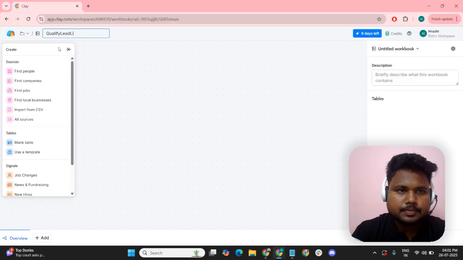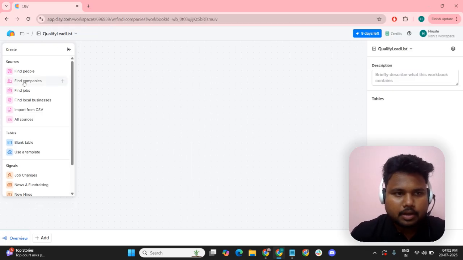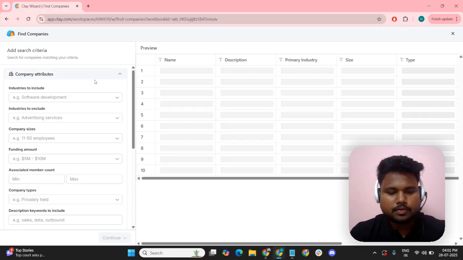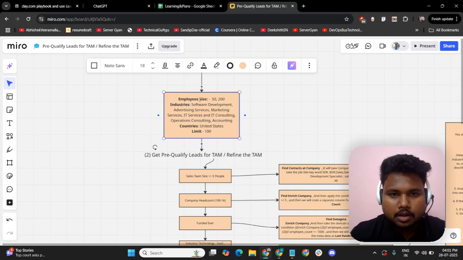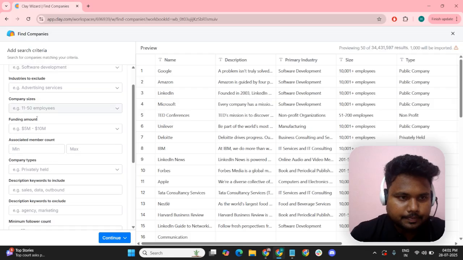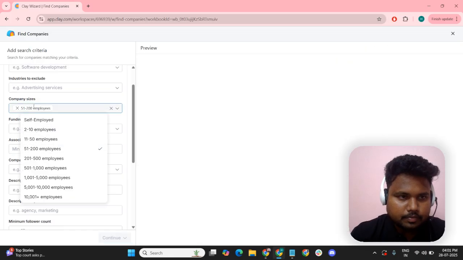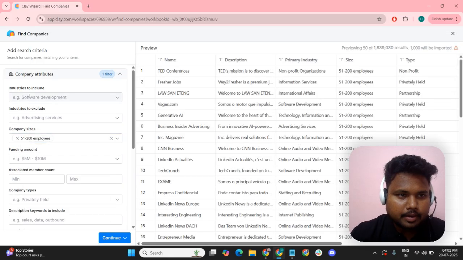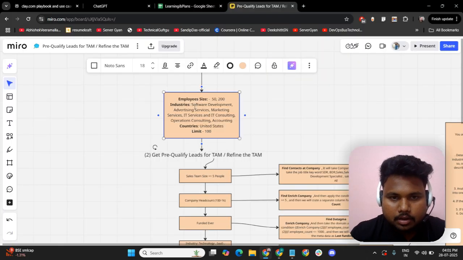I've just created a workbook and now I'm creating a table. For the below companies, the employee size will be between 20 to 50, and I'm adding the industries to it. The software development,